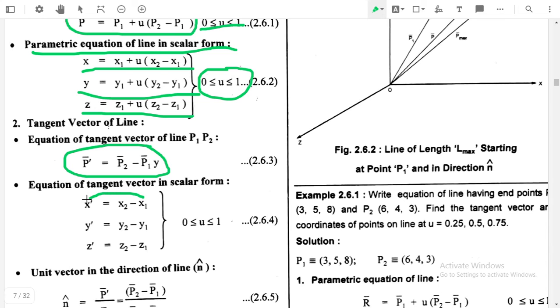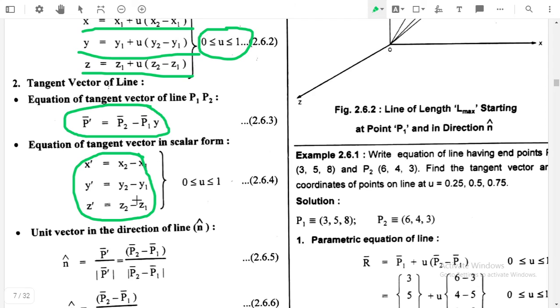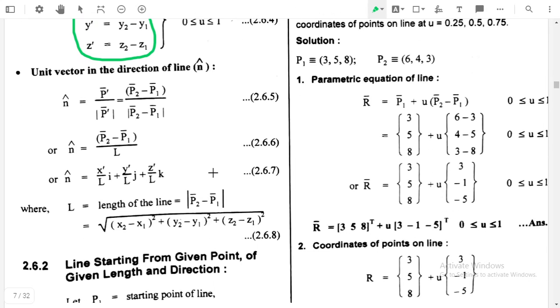Similarly, if we want to represent it in scalar form, we can write x bar is equal to x2 minus x1, y bar is equal to y2 minus y1, and z bar is equal to z2 minus z1. Now, if we want to find out the length of the line,